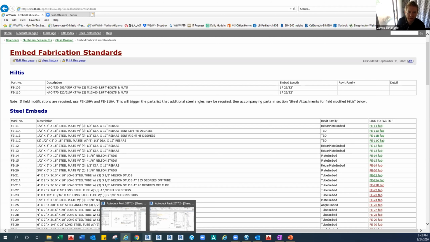Well, I think if we had a detail, because on Michelle's job we identified quite a few areas that collide, and we were able to create this one detail, and then we just added a note: if the column was within an inch or whatever of this rebar, then use this steel angle. At least if we had a detail, we could do a slight modification to it. So we know what we're doing there.